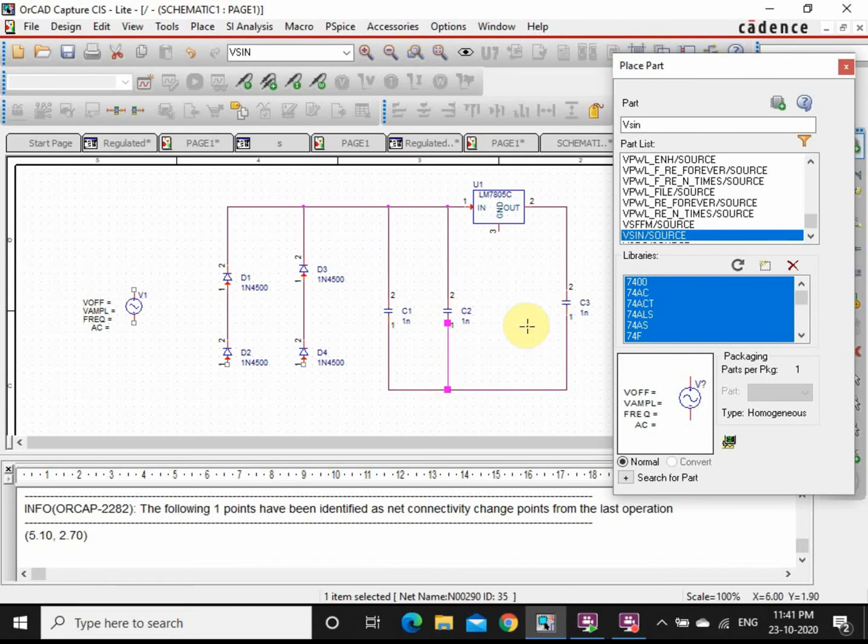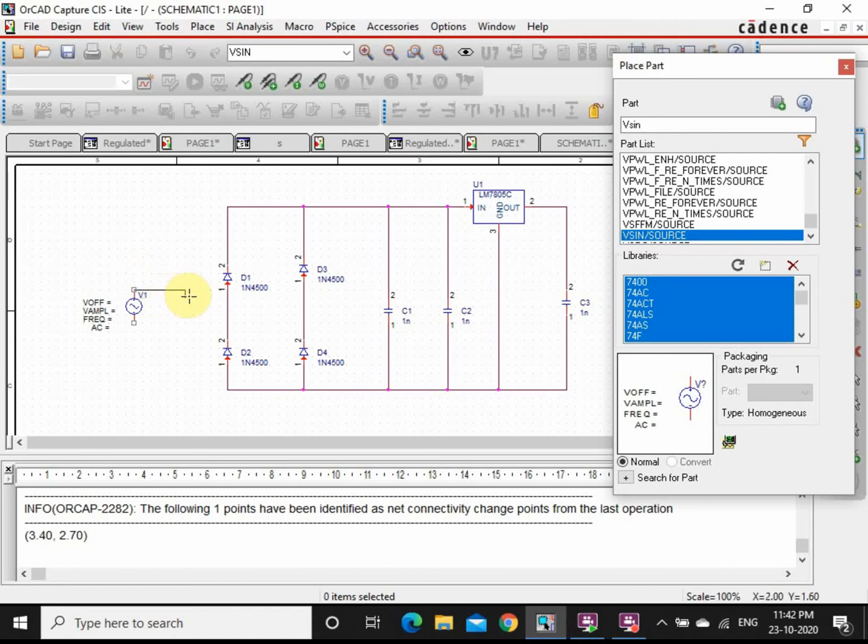This capacitance we have joined. This is your ground terminal. From here connect it to your ground terminal. Once you connect it, next this diode I have to connect to the ground terminal. So I will ground it. Again this diode I am going to connect to the ground terminal.